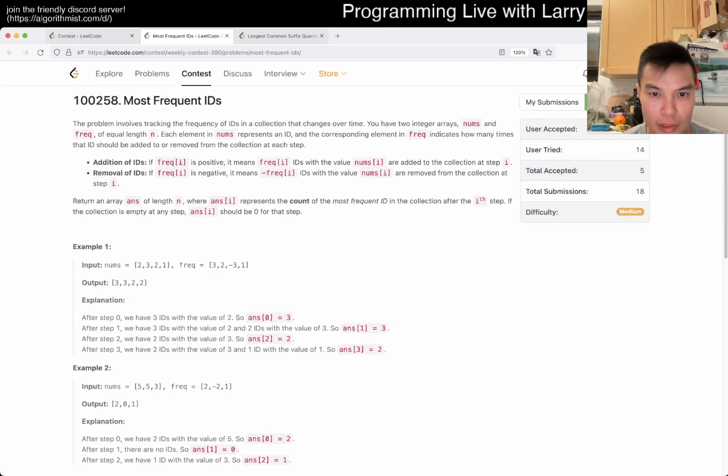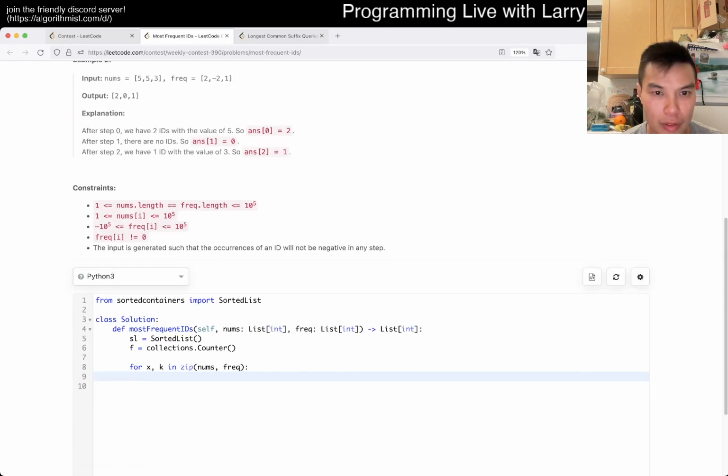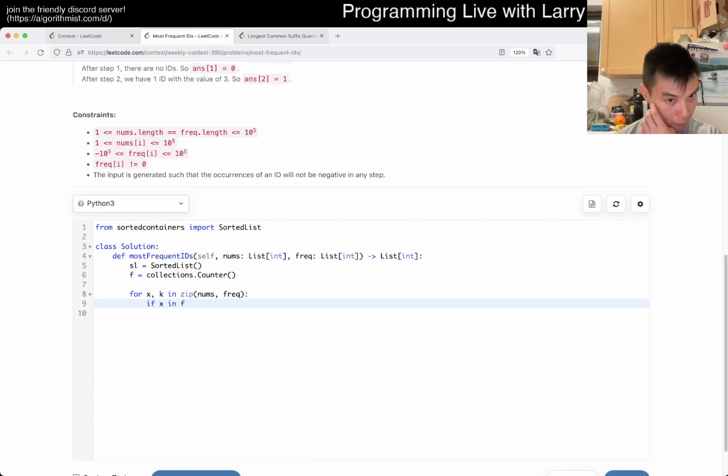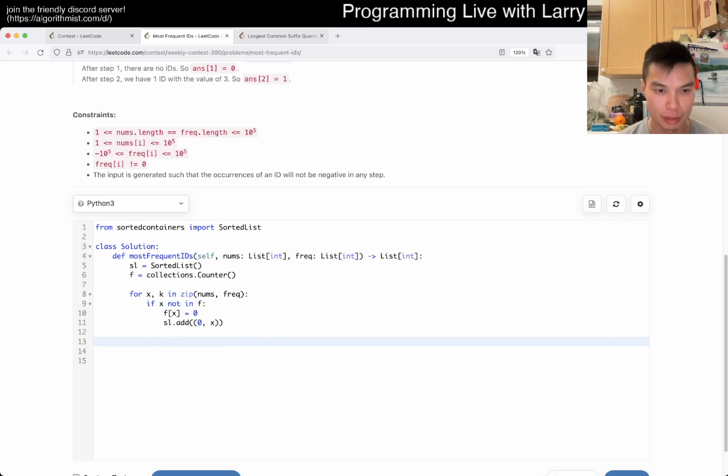Can you remove more than? Okay, yeah. Okay, fine. Right, so if x not in f, x is 0, so dot add most frequent. Okay, right. And then now